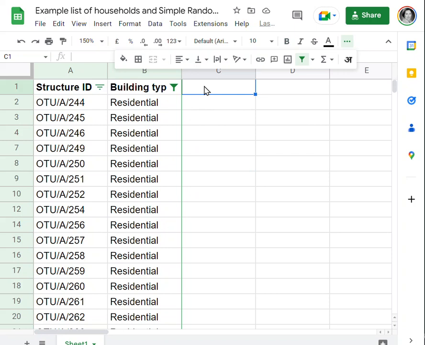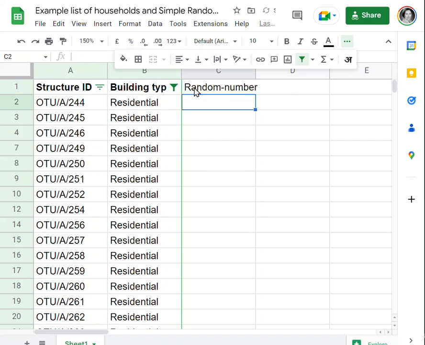make this list so there's no longer a structure to it. At the moment, our structure ID has a community ID, a path or road ID, and a number that's sequential. So it's organized in some kind of way. And we want to make this completely randomized. So I'm going to make a random number